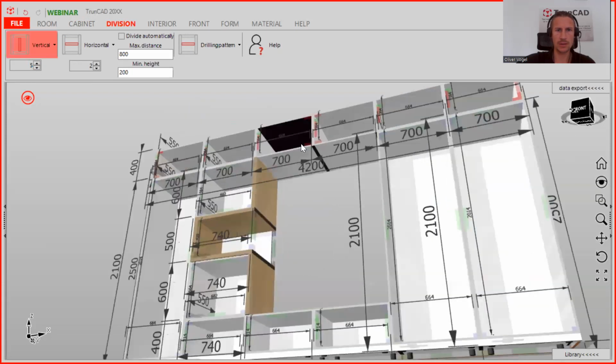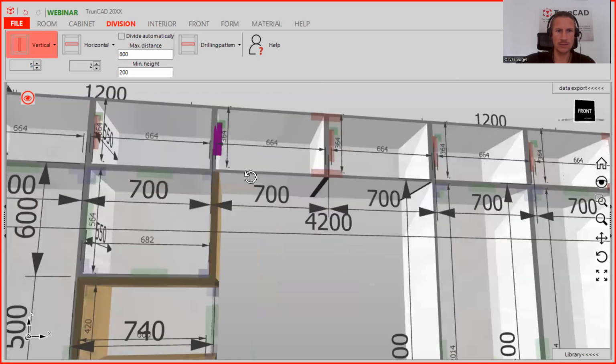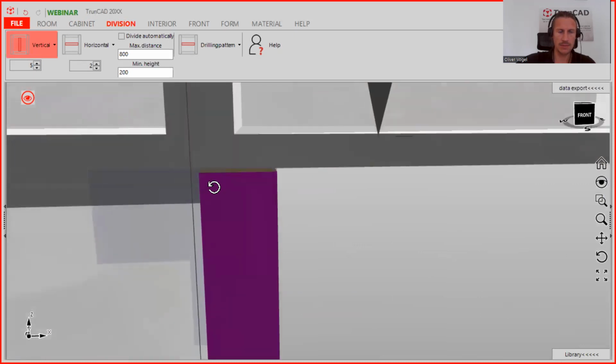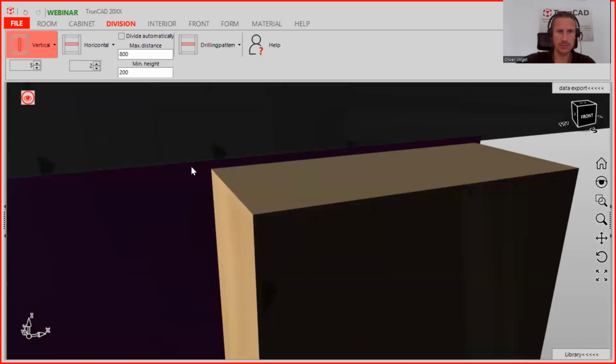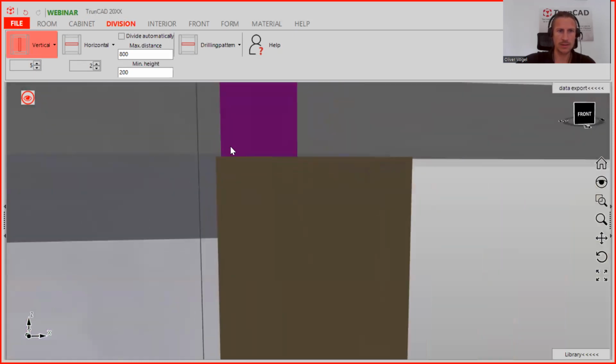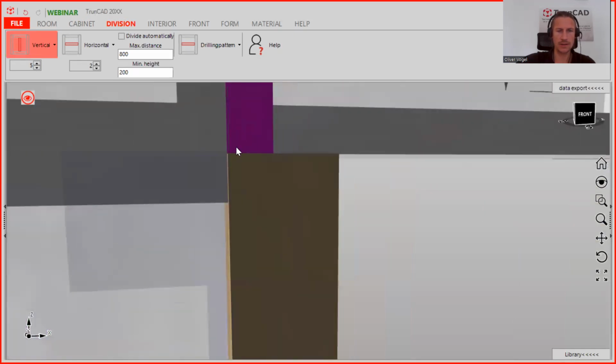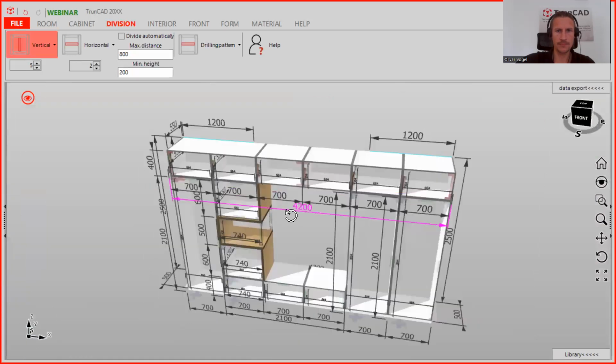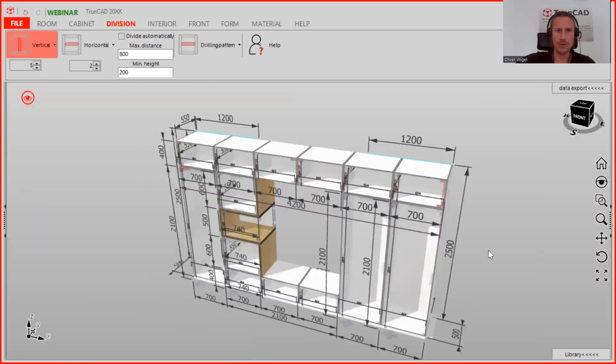Yeah, you see it's all right. And when we zoom in here, you see the same case as in the bottom. Yeah, it's suited perfectly. All right. Now we need to complete the oak insert, and therefore